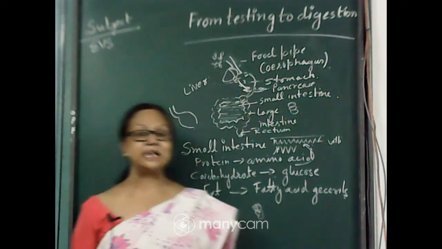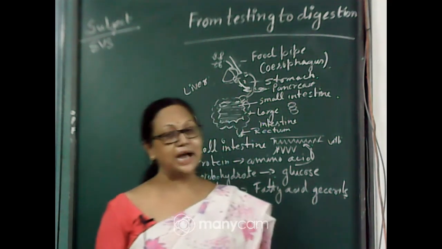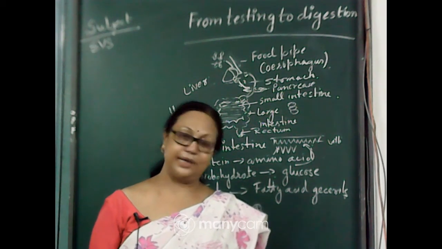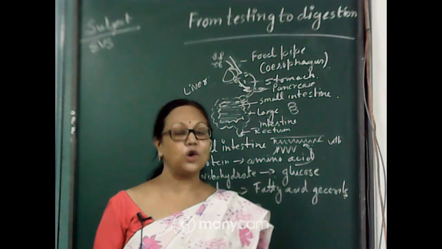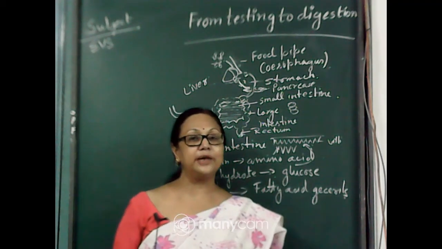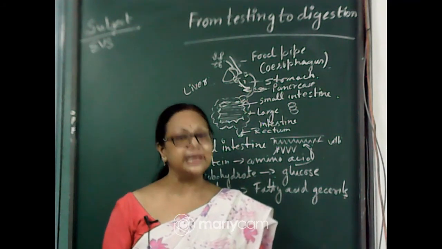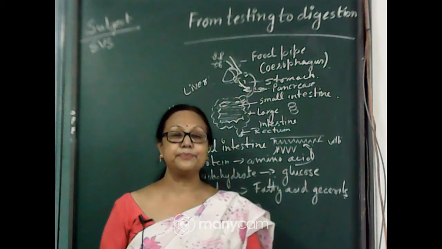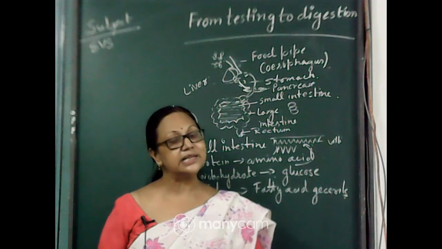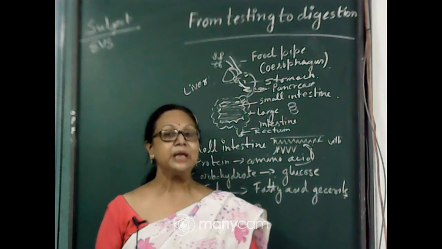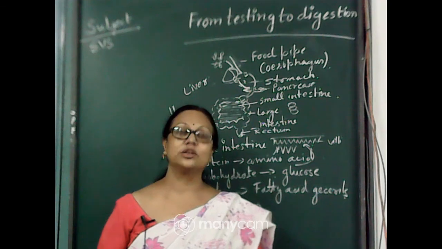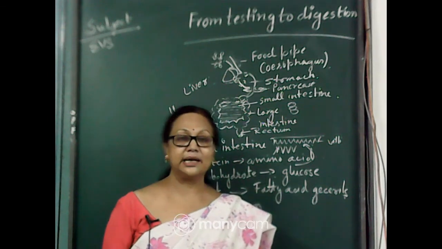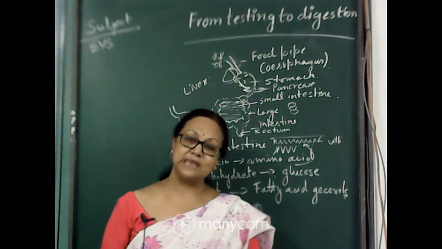As you know, the simplest form of carbohydrate is glucose. In the same way, the simplest form of protein is amino acid, and it is needed for the growth of our body. The repair of our body is done by the protein. The amino acid circulates within our blood inside our body. Wherever the cells or tissues or body parts are injured, it gives new cells, reforming the injured part, and it is helpful for growth.